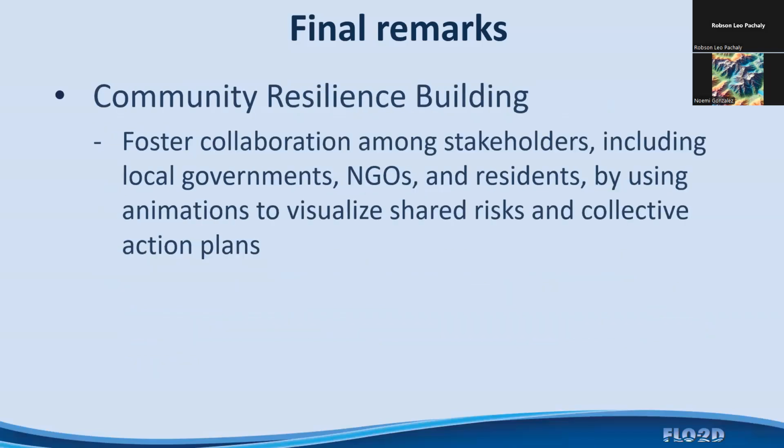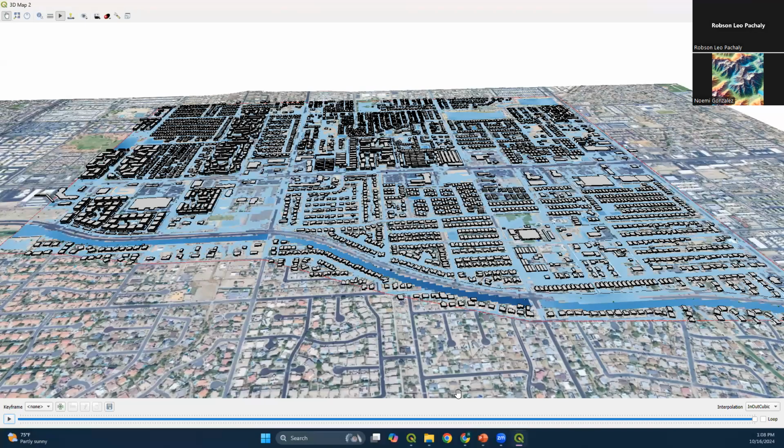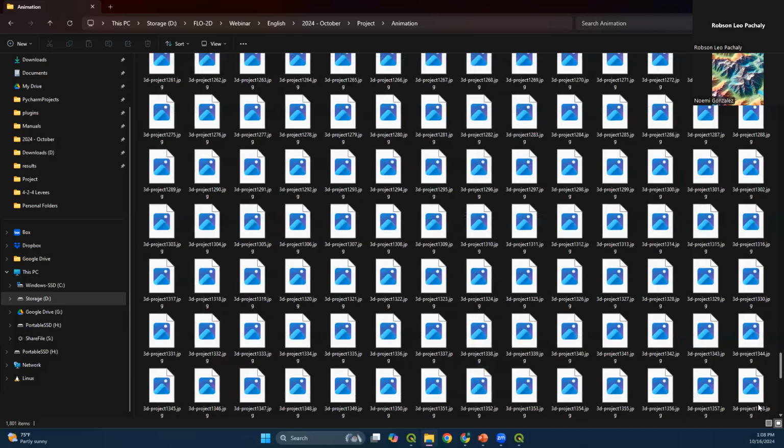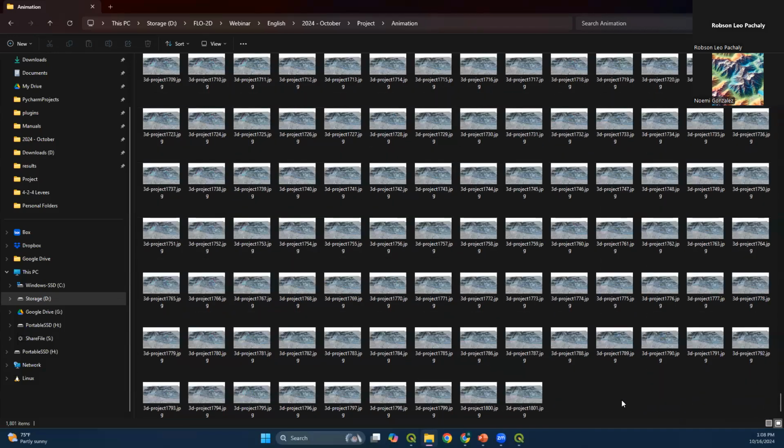And finally, some community resilience building, where we can foster collaboration amongst stakeholders, local governments, NGOs, residents, by using those animations to visualize shared risks and collective action plans. Okay, I hope that it finished. Yeah, it finished exporting. So we have this huge folder here containing, I don't know how many,